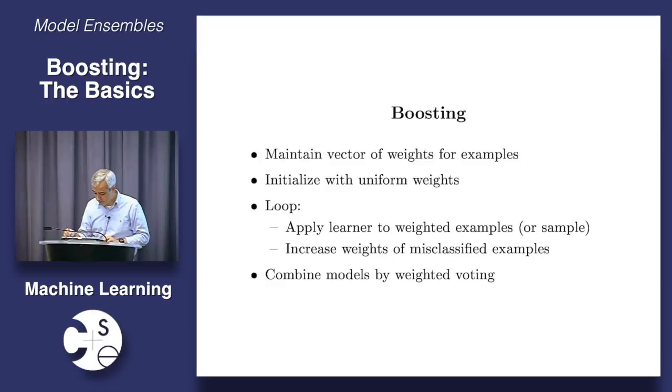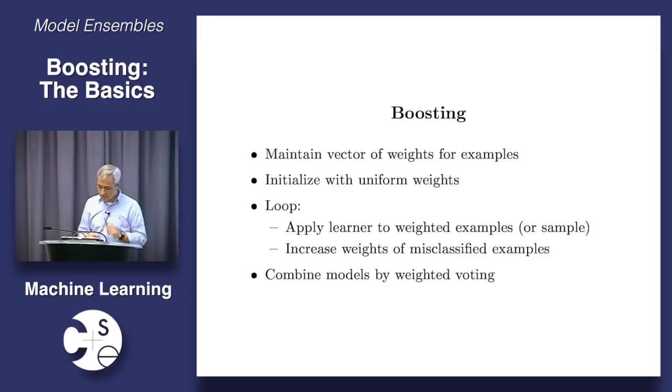So you apply your learner to your examples. Out comes a classifier, and now here's the key step. You look at which examples were misclassified and you increase their weight. Now there's some very interesting theory behind this, but intuitively this makes a lot of sense, right? So the next classifier is going to focus on the examples that were bad for the first classifier. I'm going to increase the weight of those. And if there are some really difficult examples that the classifiers keep getting wrong, their weights are going to go up round after round after round until I'm really just learning a classifier for those examples until I'm guaranteed to succeed. And this is how you can get a strong learner out of a weak one.